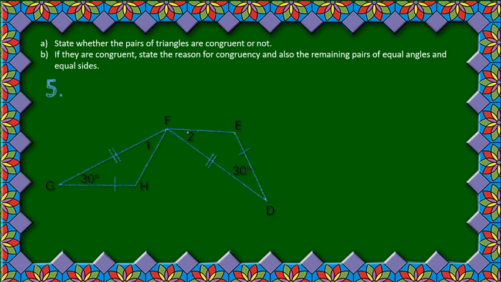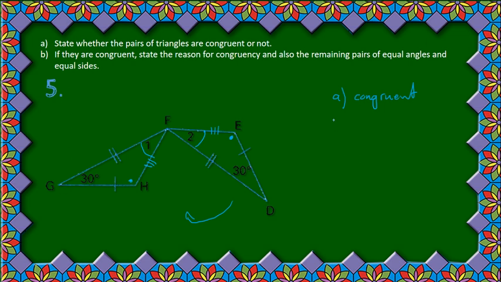Number 5. So this one's quite simple, I believe, because if you just flip this one around like that, then we have these two sides that are equal. We've also got ED equal to GH, and this 30 degree angle is equal. So that means that F1 and F2 will be equal, and we have these obtuse angles that are equal, and finally these two sides will also be equal. So first of all, it will be congruent,